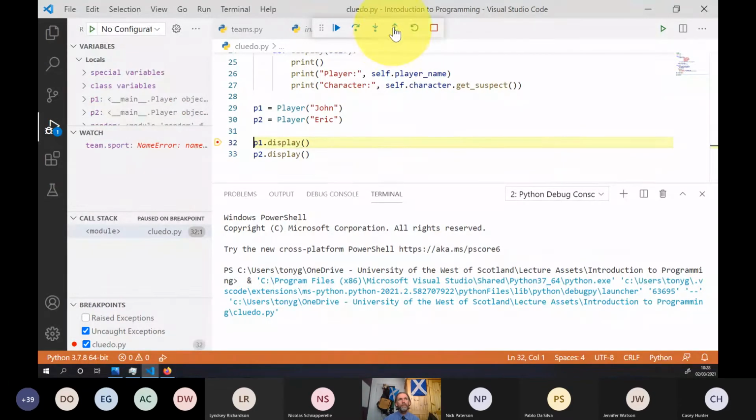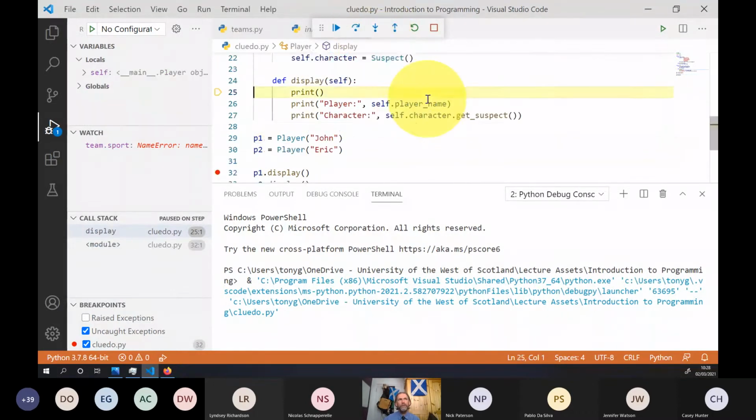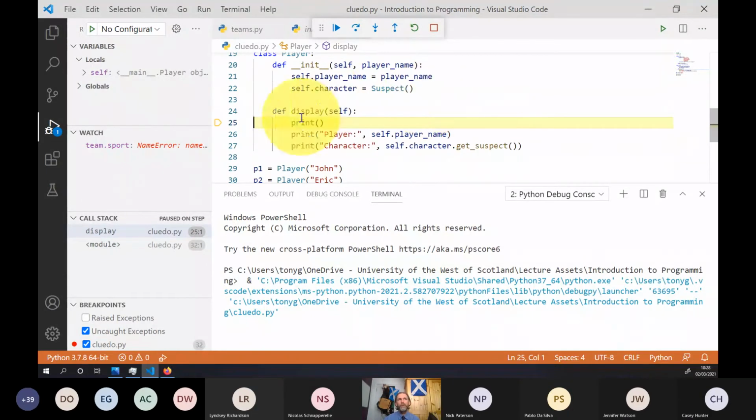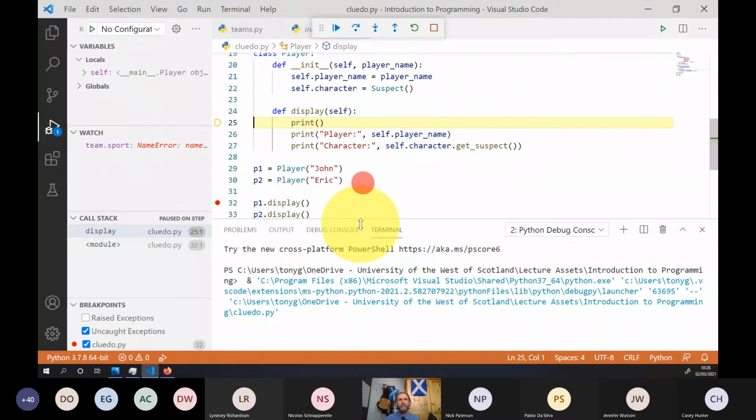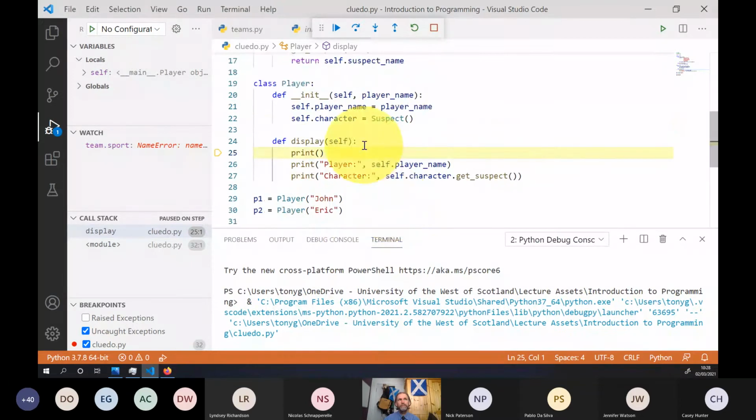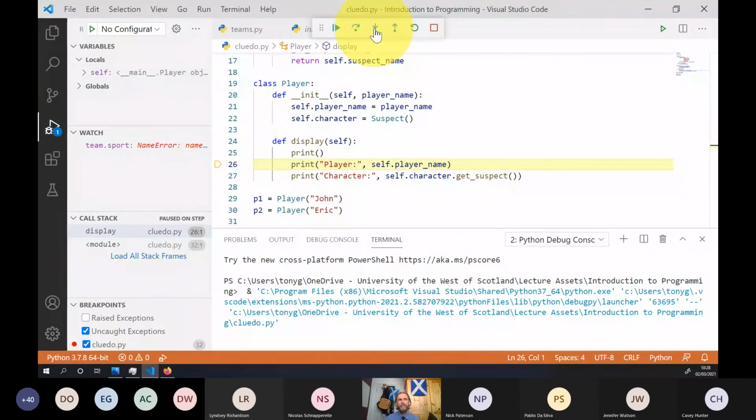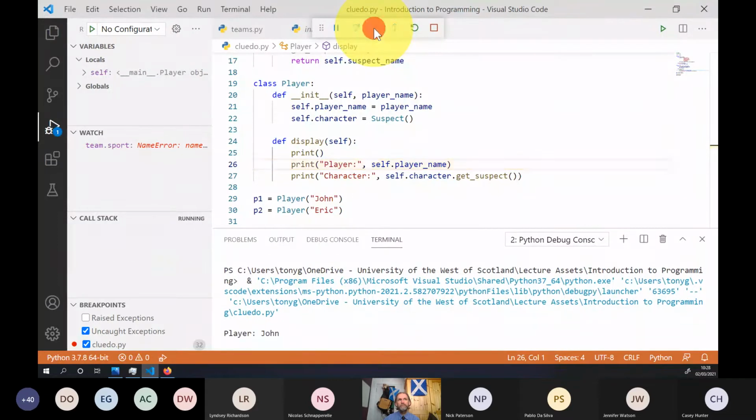Okay, so we can follow this just to show you what's happening. So p1.display goes to the display method in the player class. Prints the player, John. Prints the character, which calls another method.